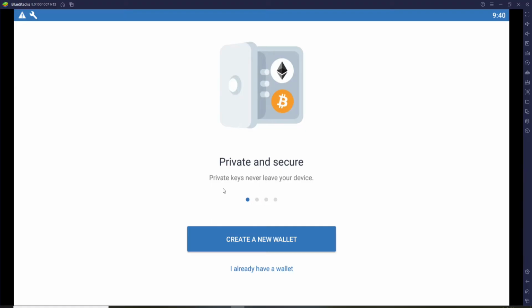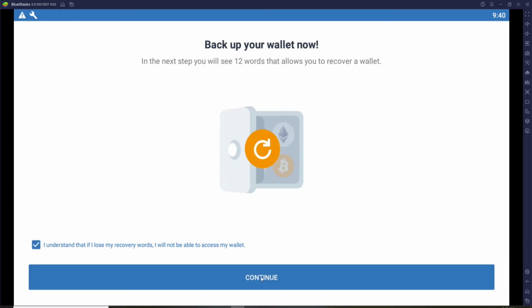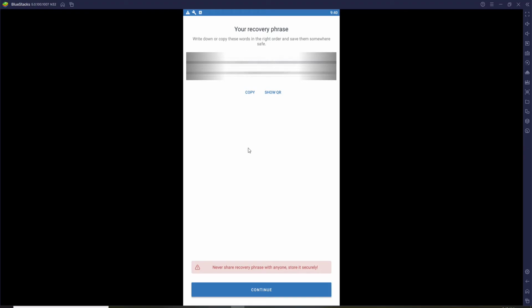If you already have an account, you can click on I already have a wallet and log into your account, but if you'd like to create a new one, click on create a new wallet. Now, in the next step, you'll see 12 words that allows you to recover a wallet. You'll need to click on this box right here that says I understand that if I lose my recovery words, I will not be able to access my wallet, so make sure to back up your recovery code on the next page. Click on this box right here and click continue, and you'll be able to see your recovery phrases